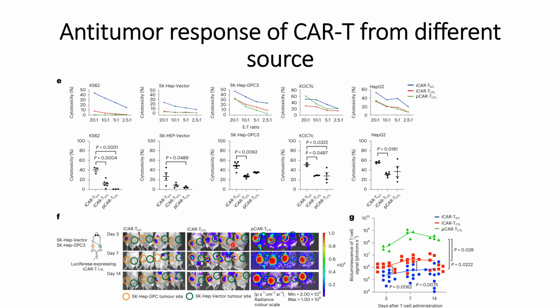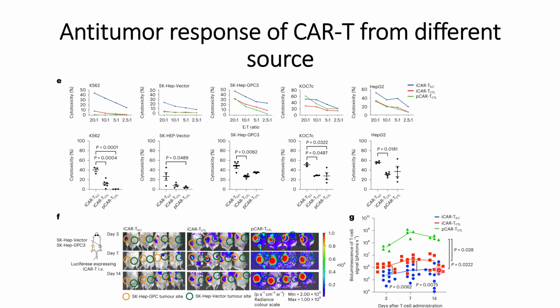Whereas the CAR-T cells from mature T cell lineage show some signals at the site that has tumors with GPC3 antigen, and however the CAR-Ts from the PBMCs show very high signals against the tumors at the site where tumors with GPC3 antigens are present. CAR-Ts from PBMC show very high signals at the tumors that contain these GPC3 antigens against which these CAR-Ts are designed, and the quantifications are shown in panel G, where we can see that the signals from the CAR-Ts from PBMCs are significantly higher compared to the case